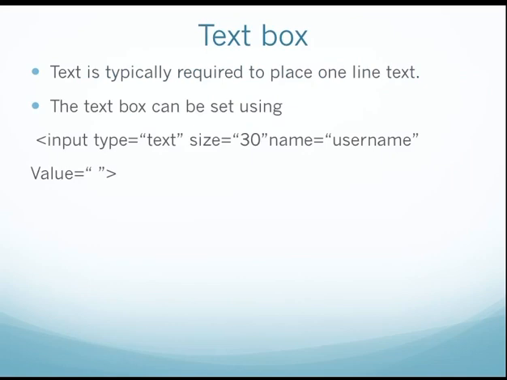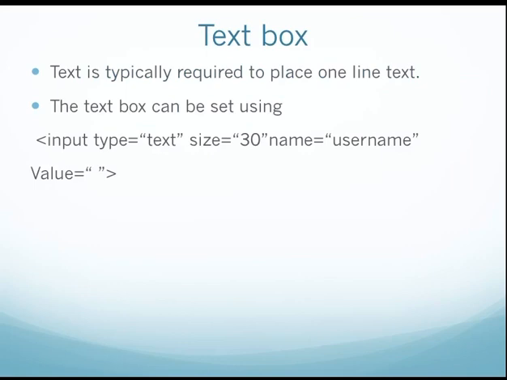Okay, so now from here we'll learn what the different components of the form are. We'll learn all the different types of components of the form. So the first component of your form is a text box. For example, there's a name field in your form, and you will get a text box over there where you have to enter your name. So you need a text box. Typically when there's one line of text you want to enter, then you should take a text box. We'll see the example of the text box in the next slide.